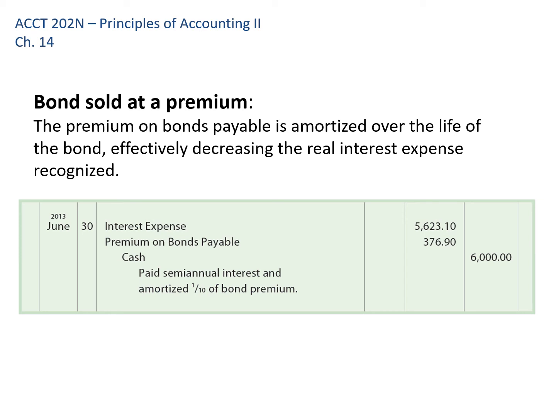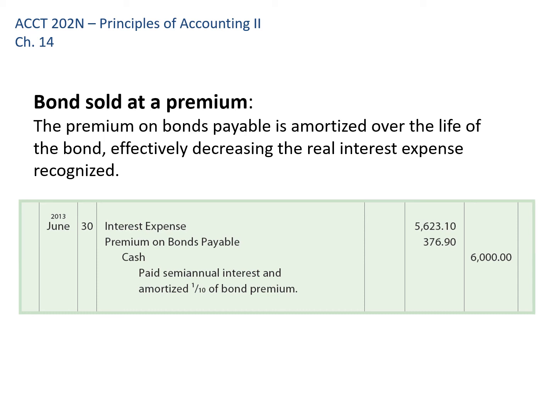And you can see here, this has the impact of reducing our interest expense when I amortize that. So in that case, I'm spreading the benefit of getting more money than what I owe by having lower interest expense over that whole period. At any given point, the carrying value of the bond is going to be the face value of the bond. In this case, it was $100,000, either minus the unamortized discount, because remember that's a debit balance, or plus the unamortized premium.